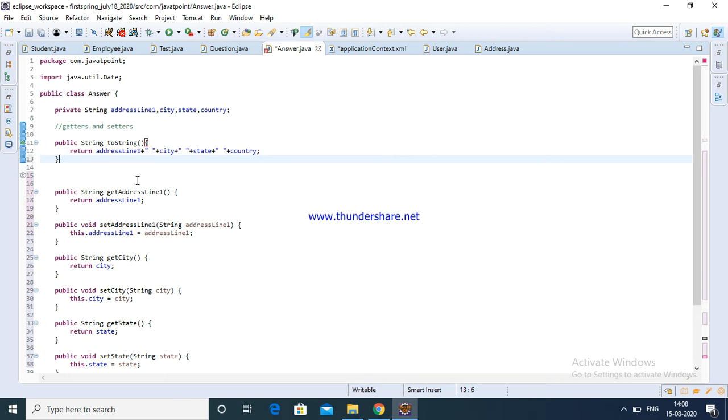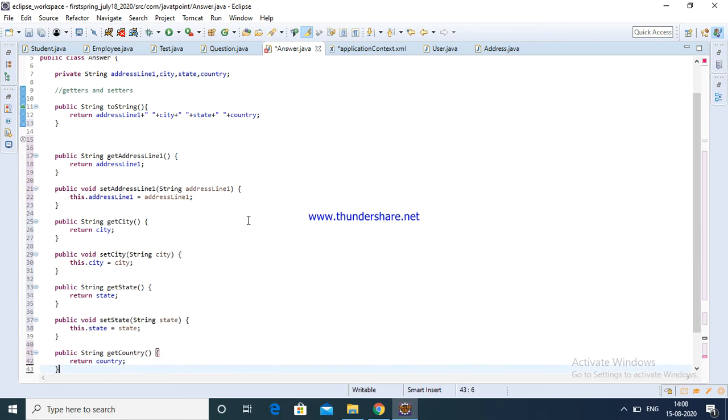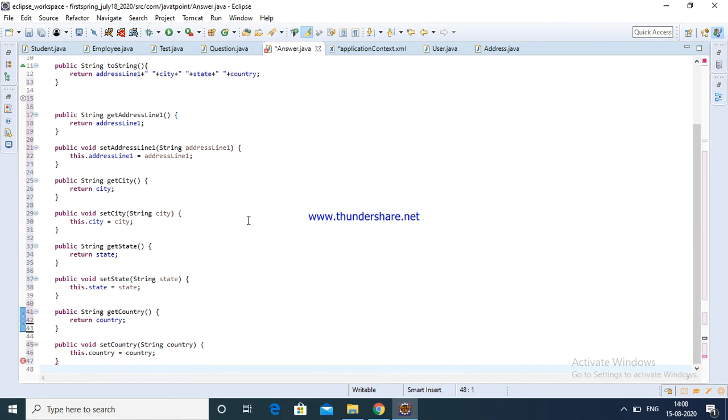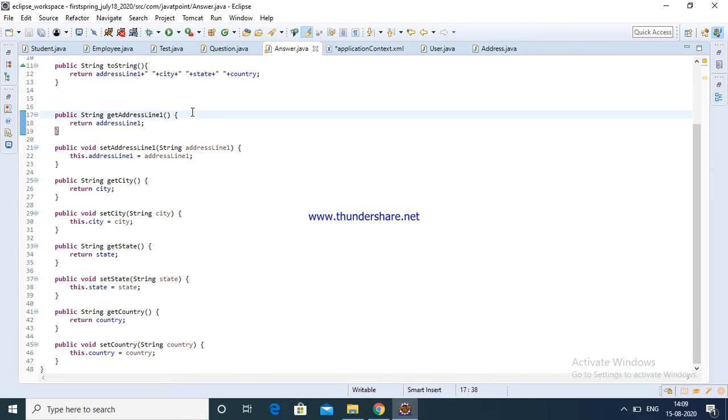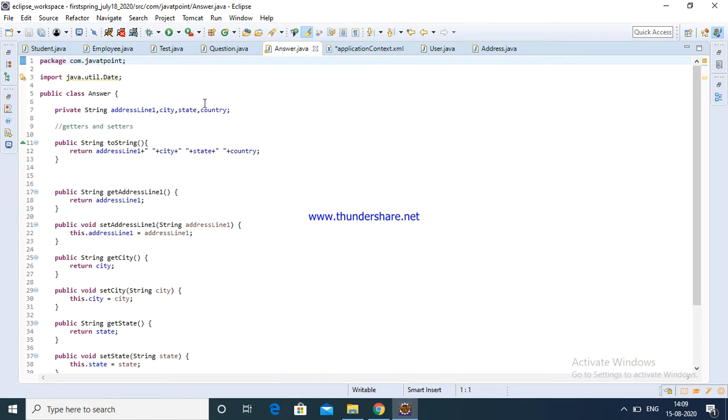Okay, now it is okay. This way we are completed. What happened here? In the country setter method, one brace is missing, so copy paste. Now it is okay. This is the address class where we created setters and getters.